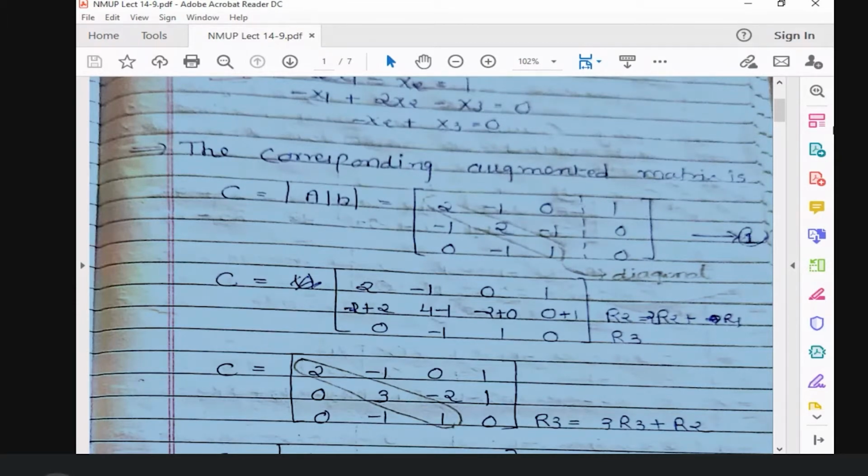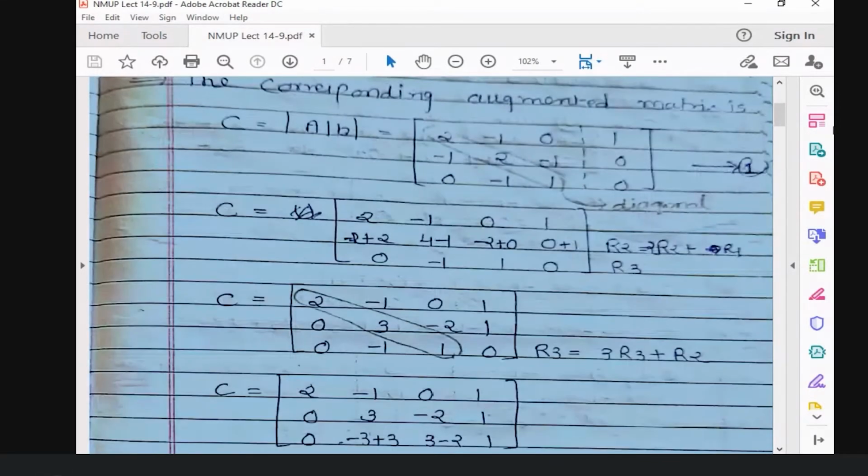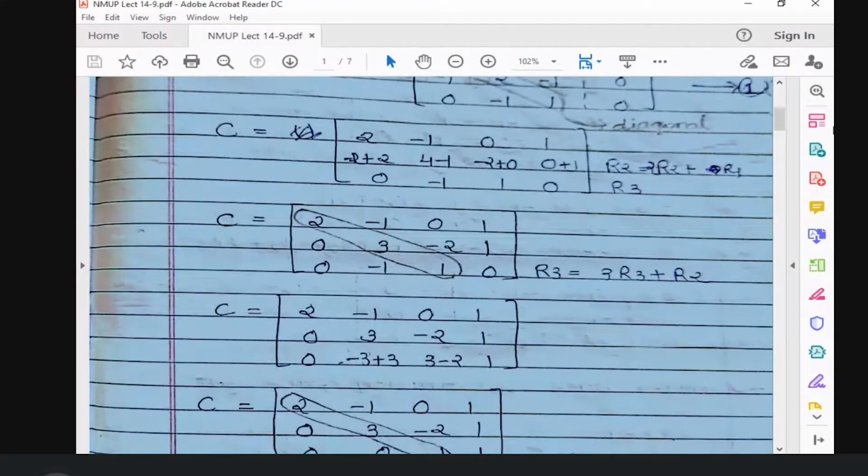After doing this operation with row number 2, in fact we are multiplying row 2 by number 2 and adding it with row 1, right? And by doing these operations on row number 2, we got this second matrix. Again, a minus 1 is still there. If we want to make this matrix an upper triangular matrix, we have to make this minus 1 equal to 0.